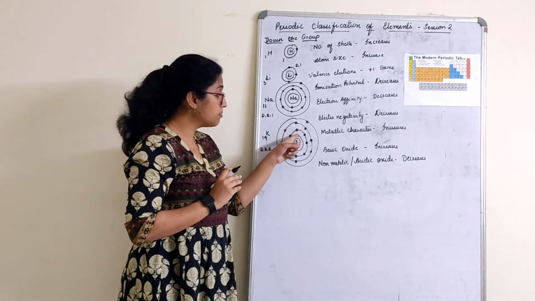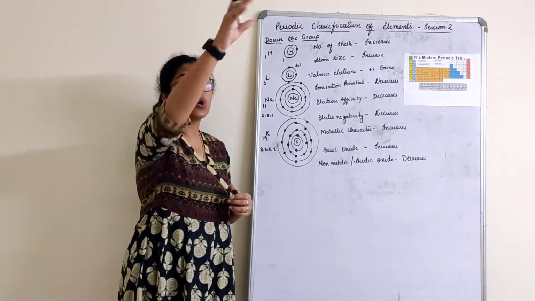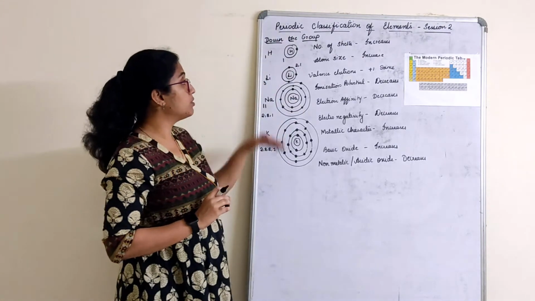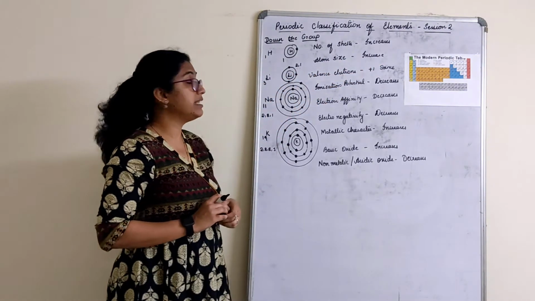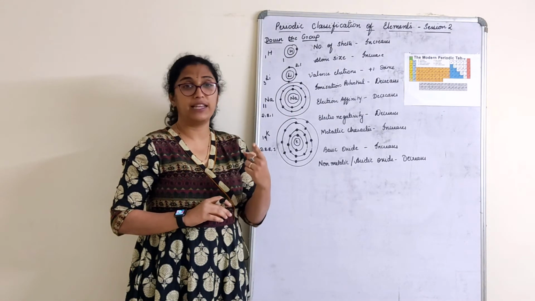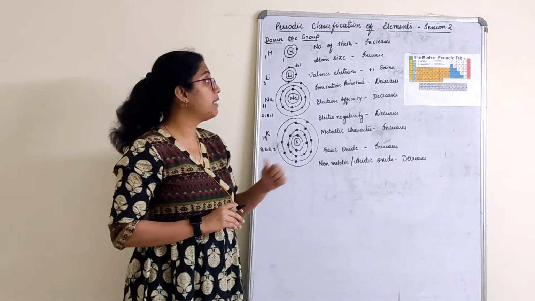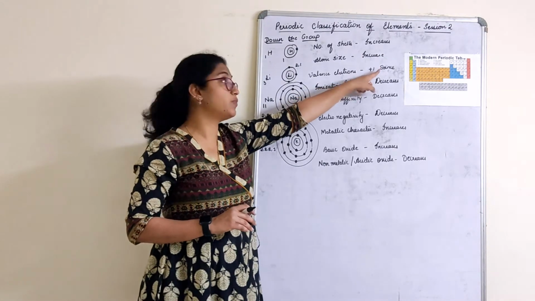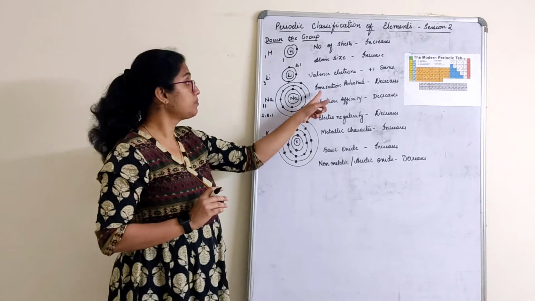We are not talking about these shells. Valence, last shell electrons we are talking about. They are moving far because the size increases. So as we go down the group, atom size increases. Valence electrons. Group number 1, what are the valence electrons? 1. Group number 2, what are the valence electrons? 2. So what will happen to valence electrons? Group 1, valence electron is plus 1. So valence electron remains the same.